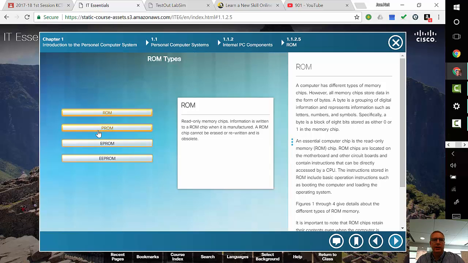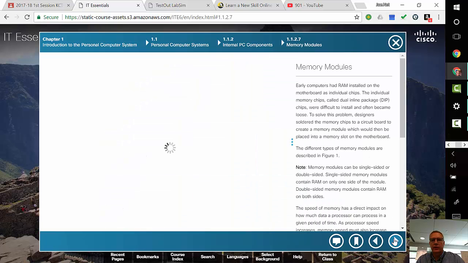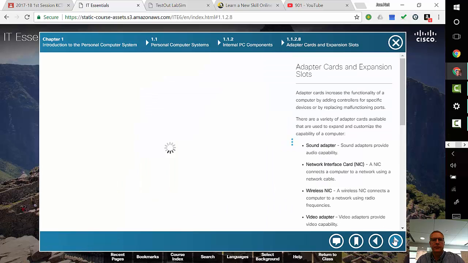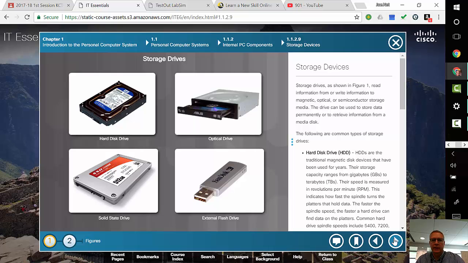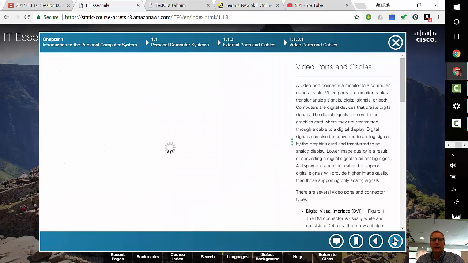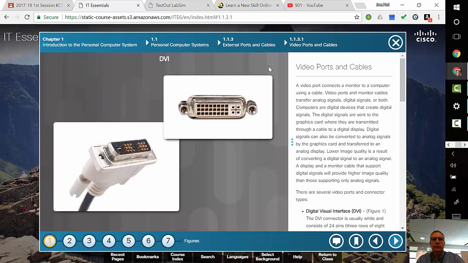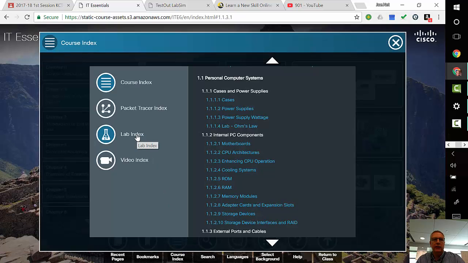This is an example. Oh no, it's not. I thought this was going to be a drag and drop, but it's not. Talks about all the different types of RAM. All information that will wind up on your 901 exam when you go to take it. So rather than scrounge around looking for interactive activities, what I'm going to do is go to the course index, look under labs,